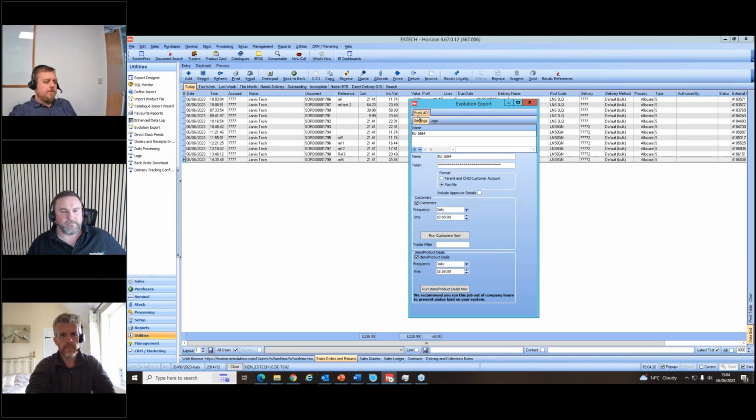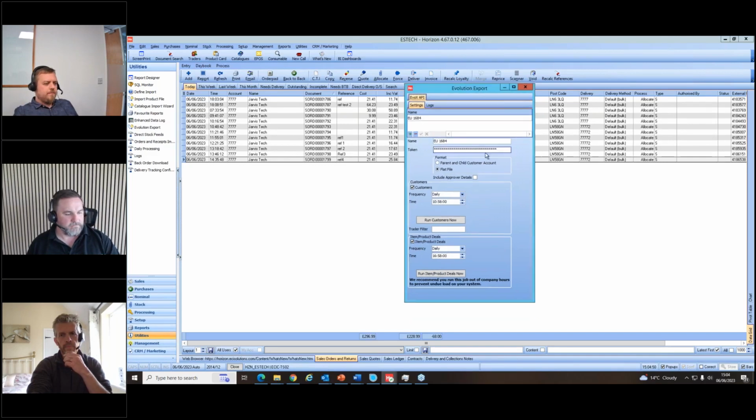You'll see at the top here, we've got EvoX API. This is the new tab. This is where all of the new magic is going to be happening. And we've got a few new settings under here I just want to get you familiar with. It's not a place you're going to be spending every day. This is really just to get you familiar with the basic workings of this Evolution export. It's going to get you past your setup, past your migration, and well on your way into using the actual